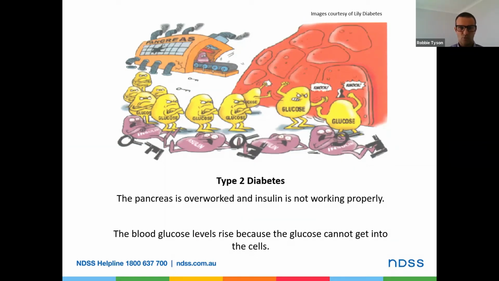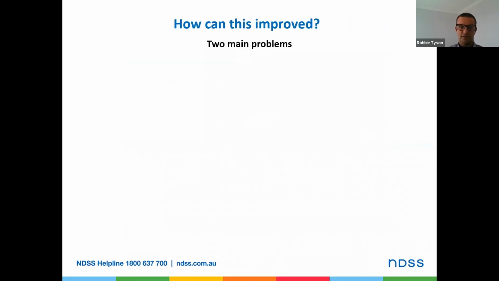as we said, the insulin isn't working quite well. It's lying down on the job there, feeling a little bit overworked. The pancreas in the background is the factory. It produces the insulin, and as it tries to keep up with this insulin resistance happening, or the inability for the insulin to work well, it secretes more and more insulin, and this cycle continues to the point where the pancreas becomes a little bit overworked, and it can't quite secrete enough. And the resulting effect is that the appropriate amount of glucose cannot enter the cells of the body.